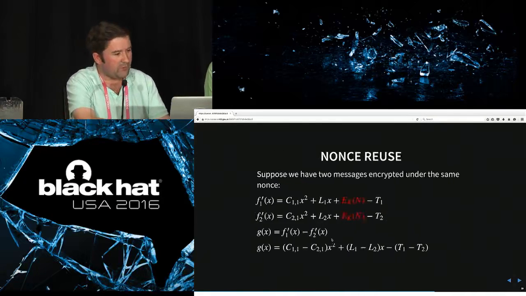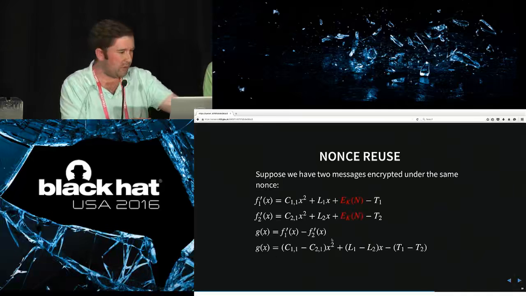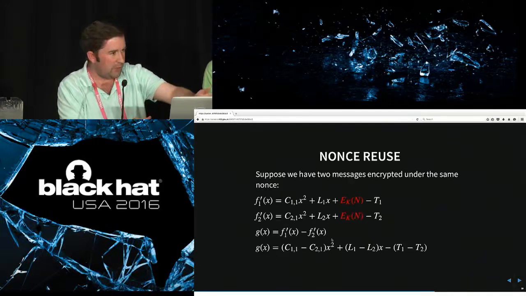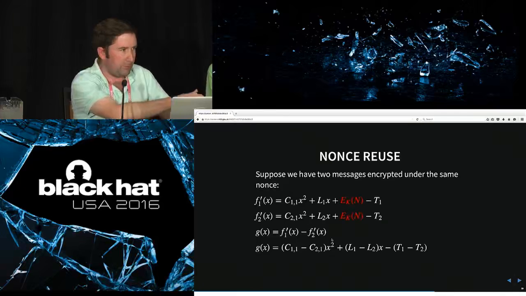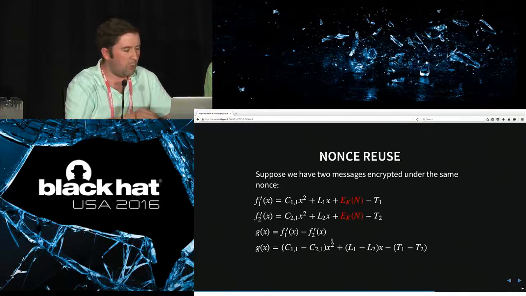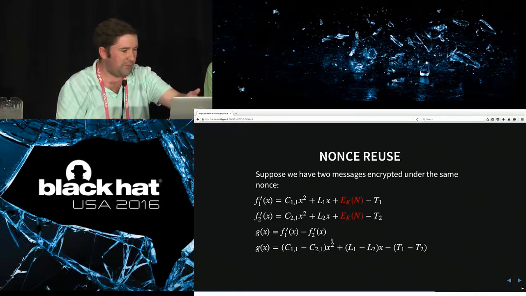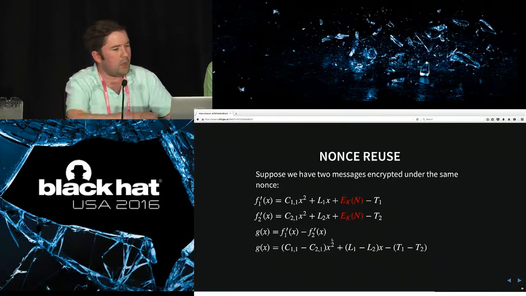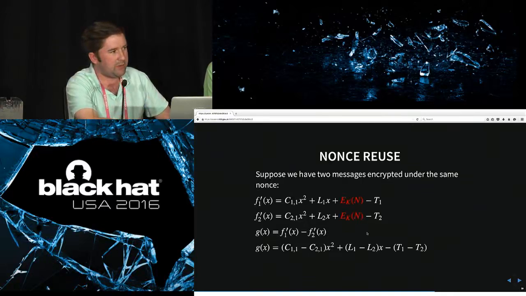So this is where nonce reuse is going to come in. Suppose we have two different messages encrypted under the same nonce. I've got those listed as f sub 1 prime and f sub 2 prime. We're going to stick with our example of one block messages. So we have one block of ciphertext, and then the length values, and then two different authentication tags. But the key thing to recognize here is that the per encryption mask that we generate with the key and the nonce is going to be the same